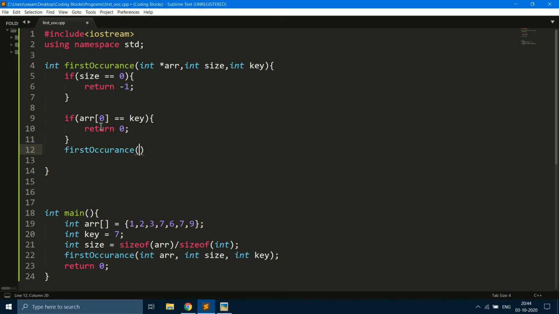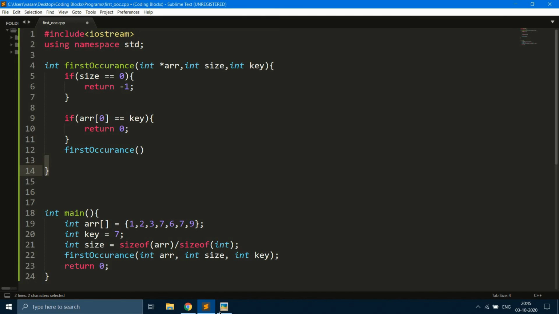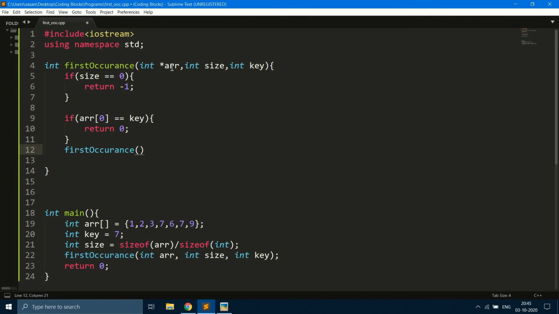Okay, since we have written this base case, now we are going to write the recursive case, which means we are going to make a function call. If we fail at this point, we are going to switch to the rightmost array. That means we are going to increment the array pointer to the next element. Since this function takes the array pointer, we are going to increment that array pointer.